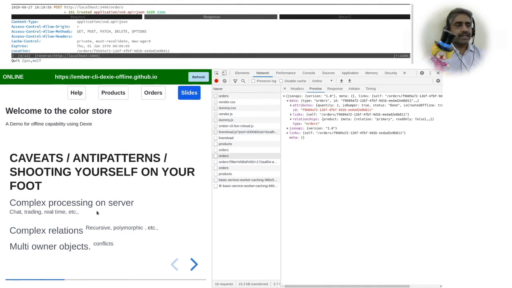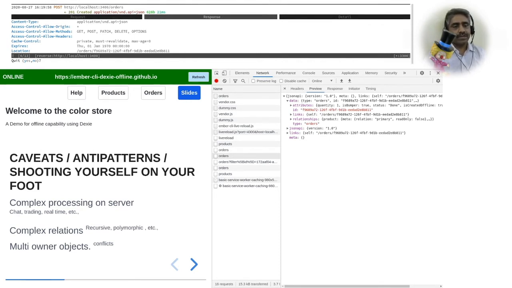The first thing is when there is complex processing on the server for any API request, then it will be difficult for us to mimic the same thing or maintain the state while being offline and online. Examples of that would be chat applications, trading, and various apps that do real-time syncs. This is also not going to be a solution for problems which involve complex relations, like recursive relations such as a tree structure, or a polymorphic relation, and so on.